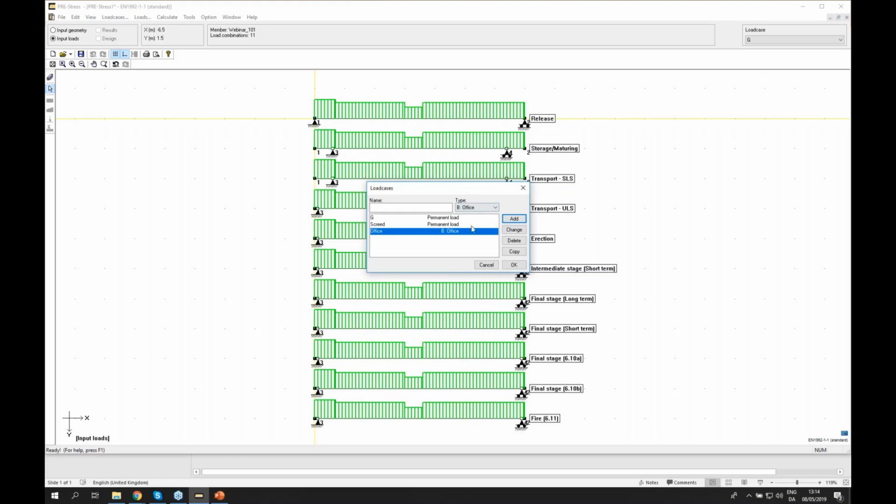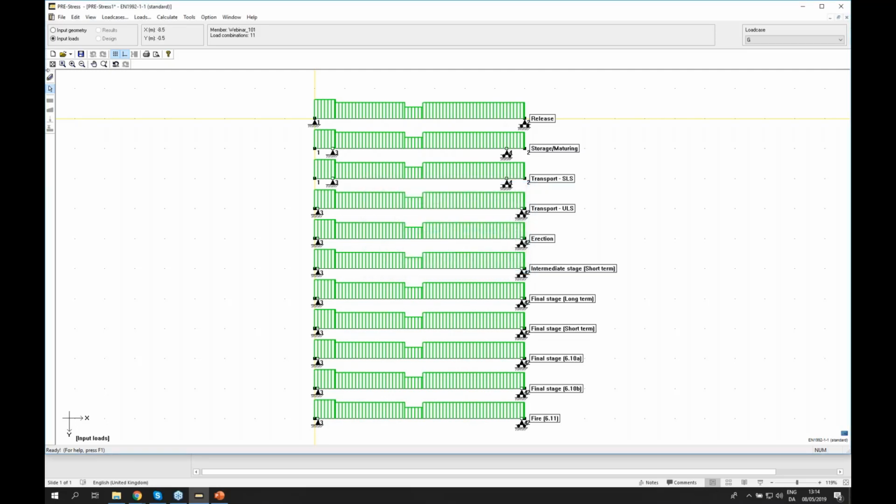This type here is important to select because you will see in a second the load combinations will be generated automatically according to the types. The coefficients will be chosen automatically according to these types when creating load combinations. So let's say I'm going to use these types,